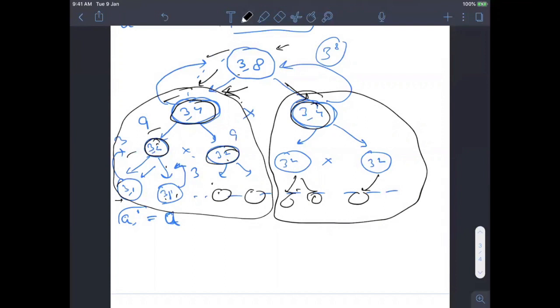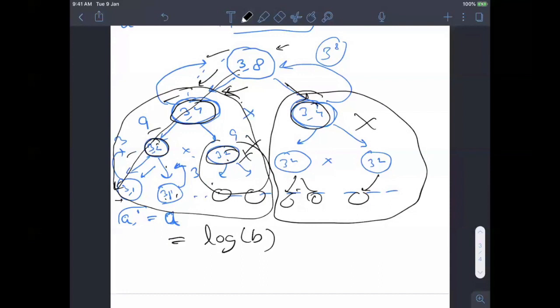I can also cut this. So first I will cut this, then I will cut this. So basically I will be left with only one branch. And if you look at this one branch, it is simply log of b. But let's see how we will implement this in our code. It's very simple. Earlier you were multiplying this 2 times. So what we will do is we'll just calculate it once and just multiply it